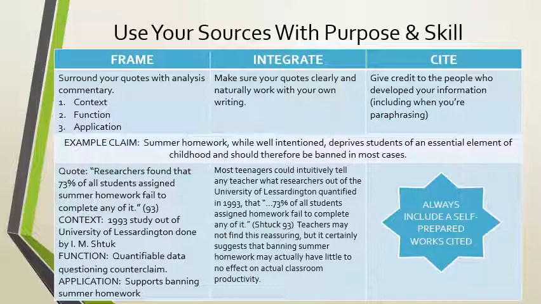It shouldn't be a question. You should never ask a teacher, do I need to include a works cited? Do I have to do this? You should automatically prepare and present a works cited no matter what,